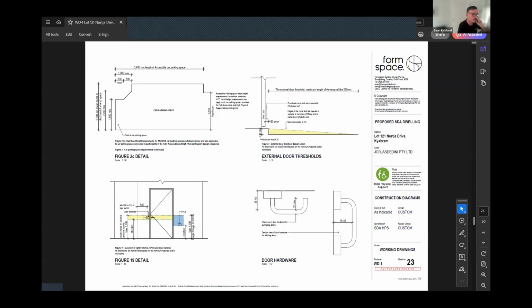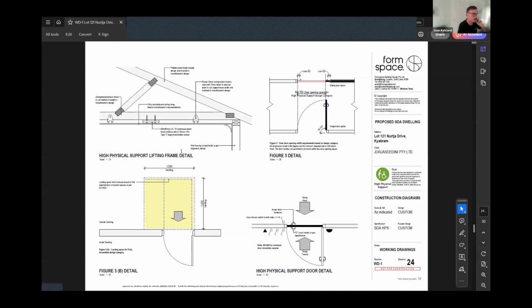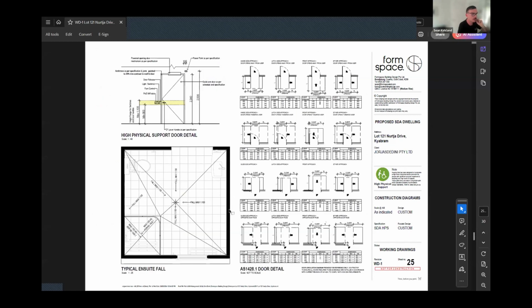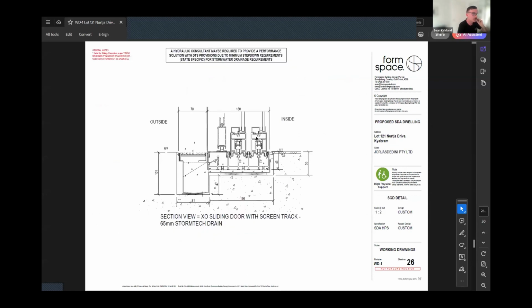So door hardware, external door thresholds, clear space requirements in car parking, lifting frame details, door set outs, electrical set outs on high physical support dwellings, typical ensuite falls, door clear space requirements, spec relating to the auto egress door feature on high physical support dwellings,